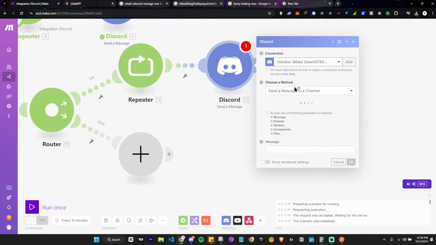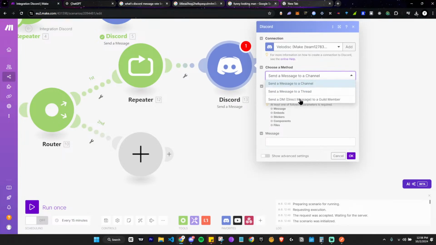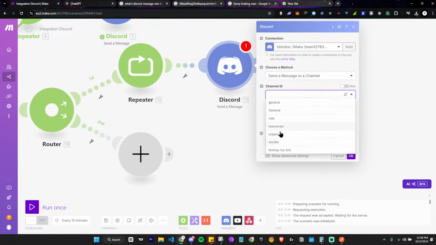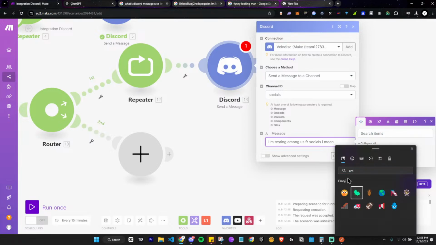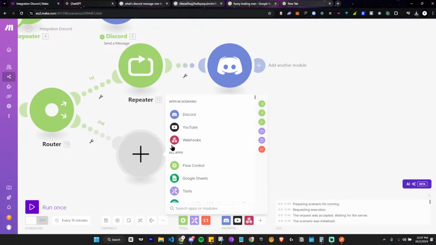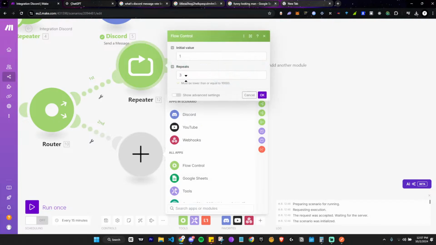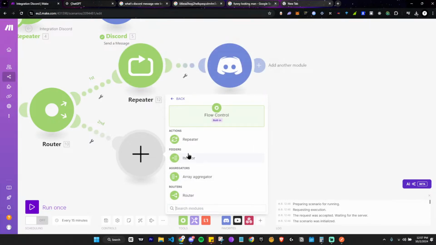Send a message. Testing Among Us. Okay, and then you just say that. What even is that? Okay, so this repeater goes for 3 times, and this repeater goes for 2 times because